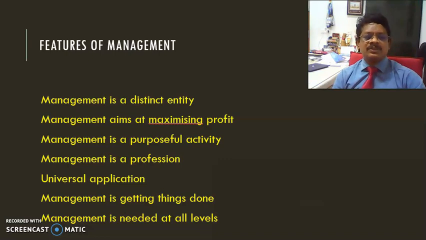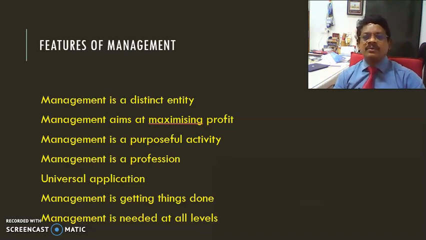Let me tell you how it is important. Management is very useful not only for organizations, which I have been talking about, but also at the personal level. When you take the individual level, it is very much required, because as an individual I need planning for my career. I need planning for my future. I need planning for my financial resources. I need planning for my family. In all these senses we can see that management exists with the individual.